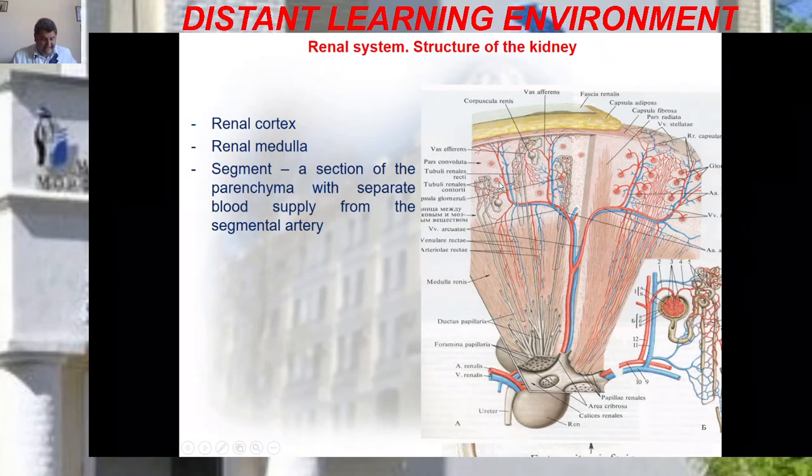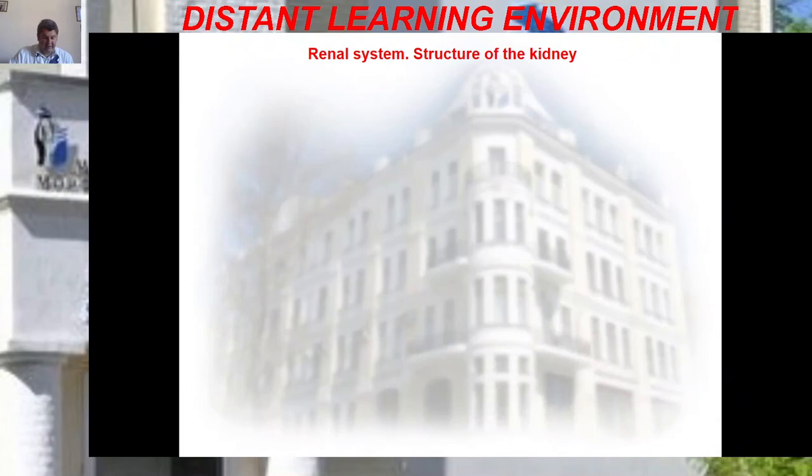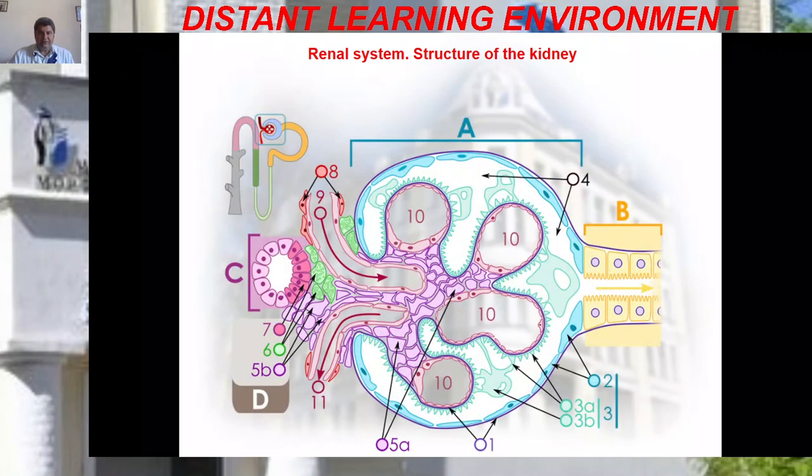The thin ascending and descending limbs of Henle's loop, the thick ascending limb of a nephron, and the collecting tubule are situated in the medulla. And you may see these structures here in the medulla. The nephron is concerned with the production of urine. Ultrafiltration takes place in the glomeruli, reabsorption and secretion in the tubules. So you may see the corpuscle, you may see the capsule and glomerulus.